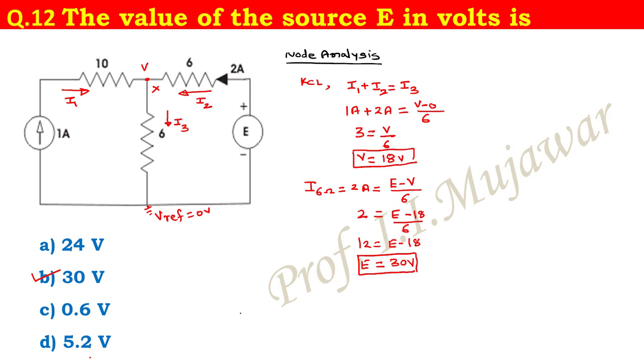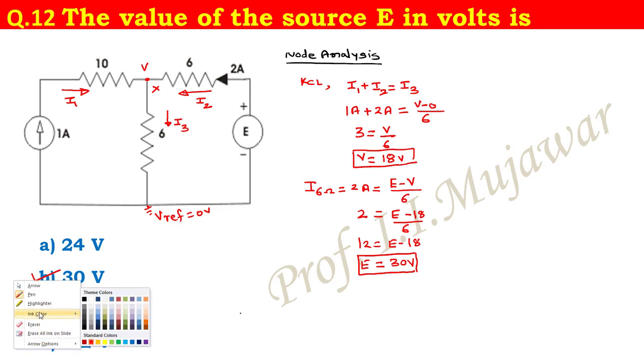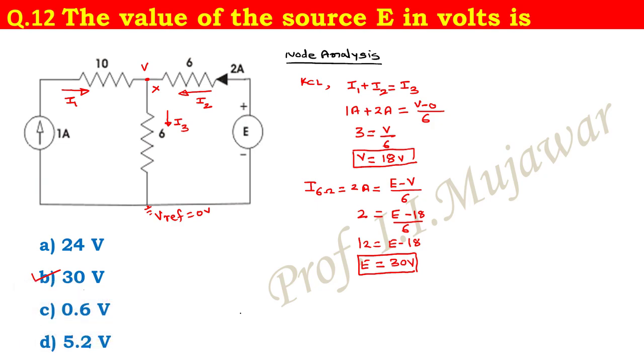Now this is by using node analysis. In the exam, you can even use mesh analysis. In mesh analysis, our focus is on applying the KVL, whereas for node analysis the focus is on applying the KCL. Now there are two loops. So this is loop 1, this is loop 2. Now I will assume the loop currents and loop directions. So this is I1, this is I2.